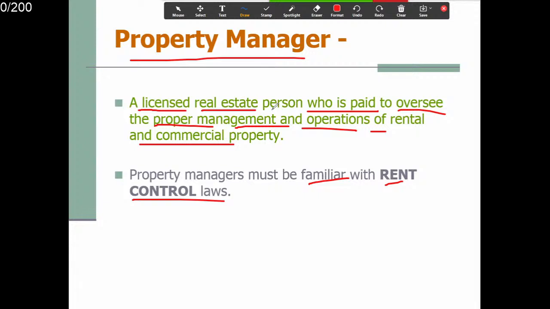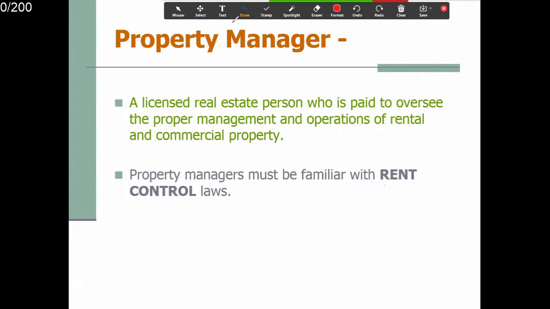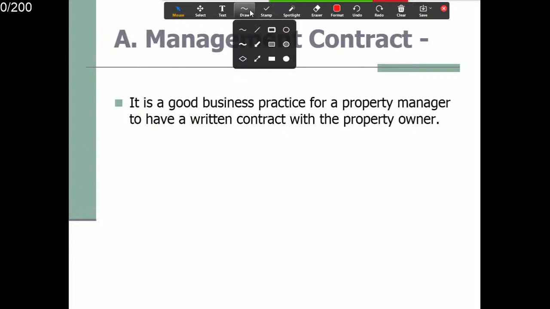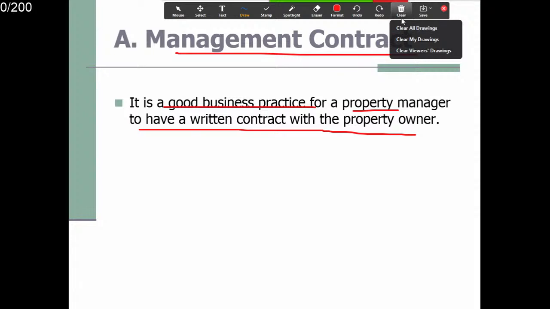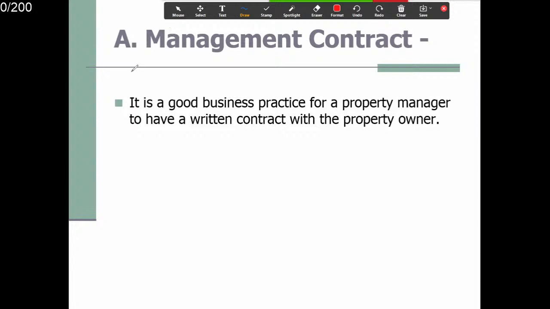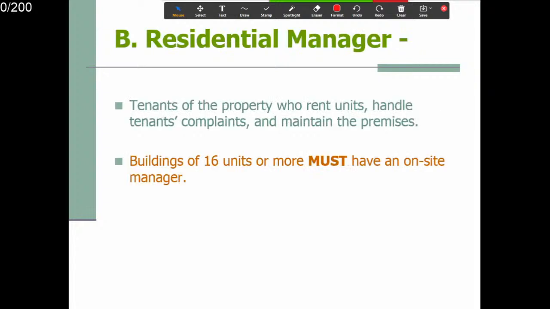你又知道怎么去管理房子，有些区它控制房租的，不可以随便增加房租的，这些法律你要知道。Preferably, you have a management contract, right? It is good business practice for a property manager to have a written contract with the property owner. Okay, everything put in writing. How much you're paying me to manage your place, reserves, etc. How your apartments are being managed. 最好它有个协议，怎么去帮他管理这个房楼、这个公寓等等。